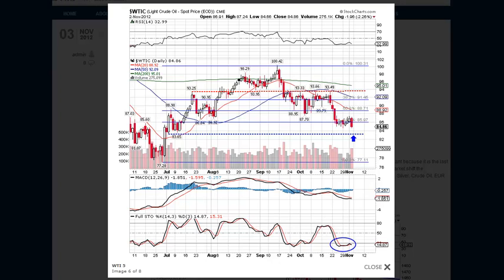So the market reacted in a funny way. So the dollar rallied, and most of the commodities and other currencies sold off. Oil was one of them as well, and it created this fairly bearish candle setup of bearish engulfing, and